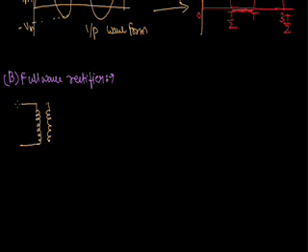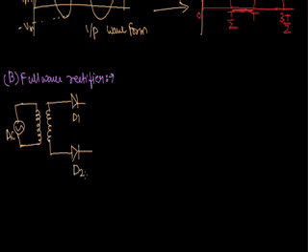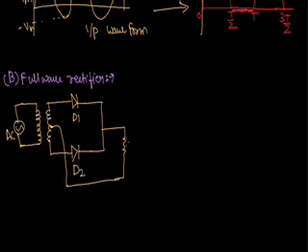This is our primary coil and this is our secondary coil, and this is our AC supply. Here we connect diode D1, say, and this is D2. We connect it like that, and this is a center tap transformer which we use here. This is X and this is Y, and this is our load resistance. This is A and this is B. We use a center tap transformer here.